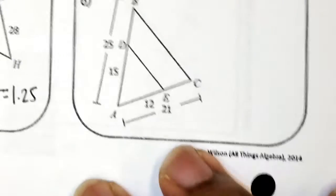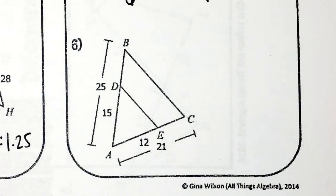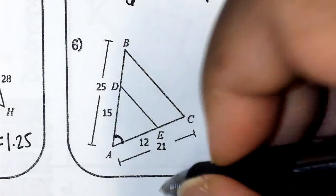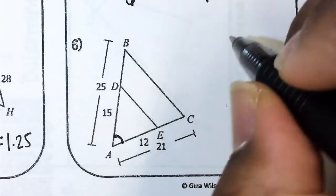Alright, moving on. Number 6. You're checking for side angle side on this one too. It's a triangle inside of a triangle. Jeremiah, on number 6, what angle do these two triangles share? Yeah, angle A up here at the top. So that's congruent on both of these. That's why we could look at side angle side similarity right here. They both share this angle right here. We're just looking at side angle side similarity. The sides that I want to match up: